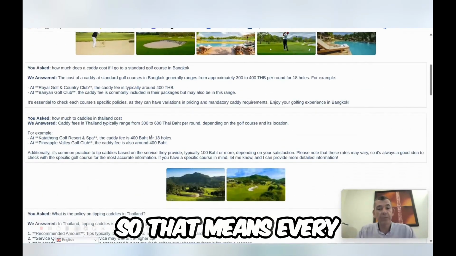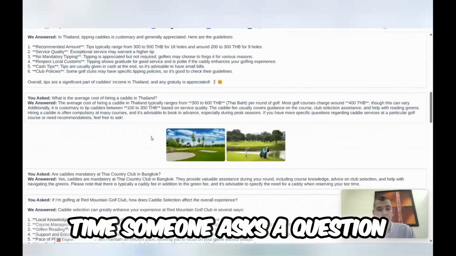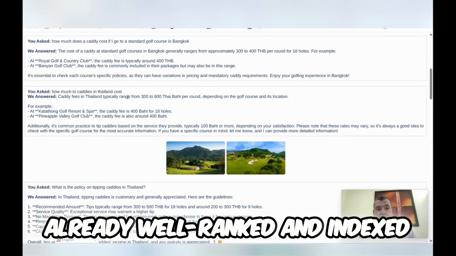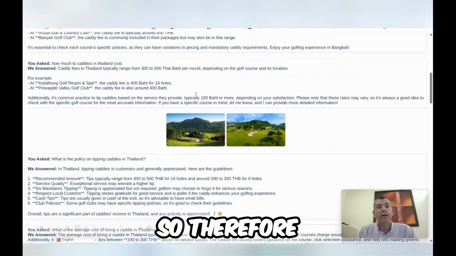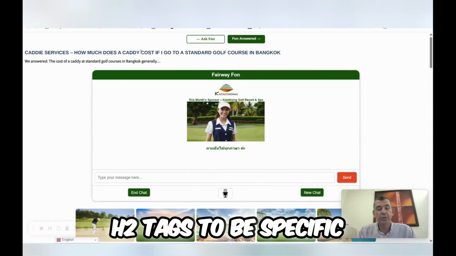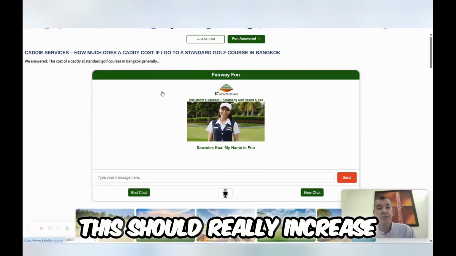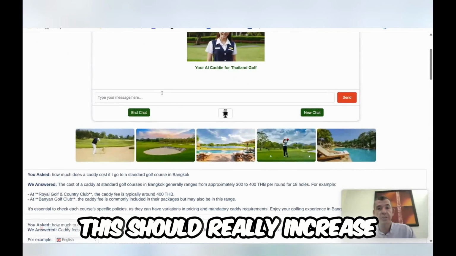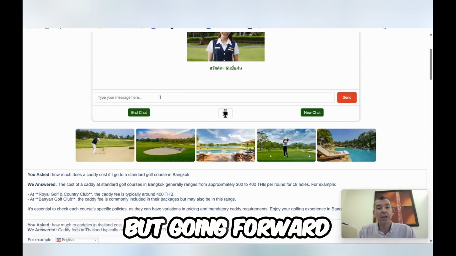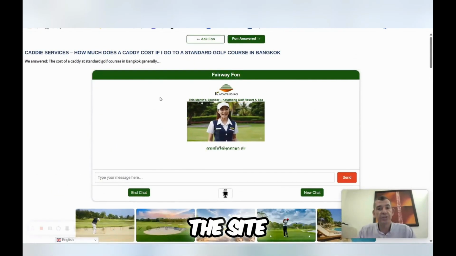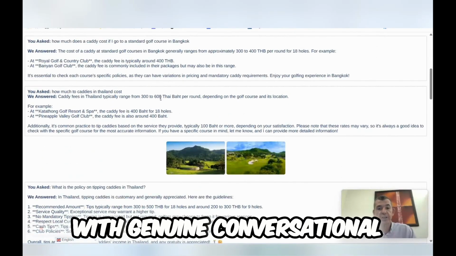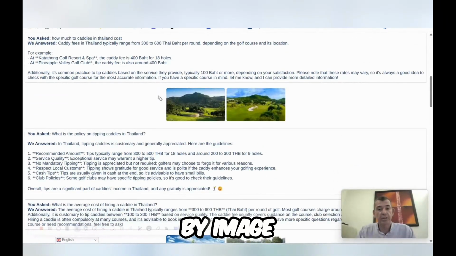So that means every time someone asks a question, that question is going to a page that's already well ranked and indexed. So therefore, by adding images and updating these H1, H2 tags to be specific, this should really increase the attention of both Google and Bing now, which is fine, but going forward, when an LLM visits the site, and there are hundreds of pages out there with genuine conversational information and now backed up by image,